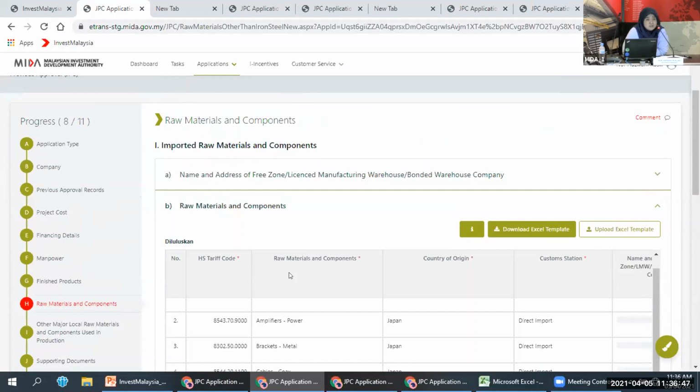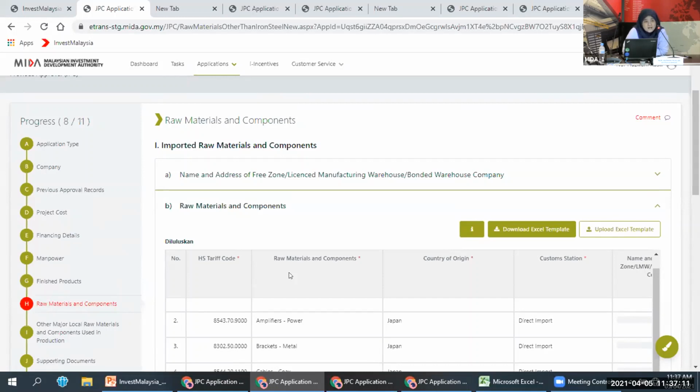Please make sure that you key in this information based on the approval given. If you have 6 items approved, you have to key in the 6 approved items in the diluluskan table.